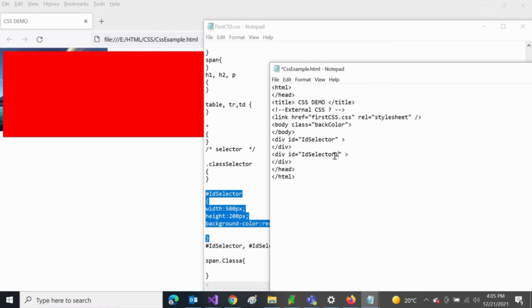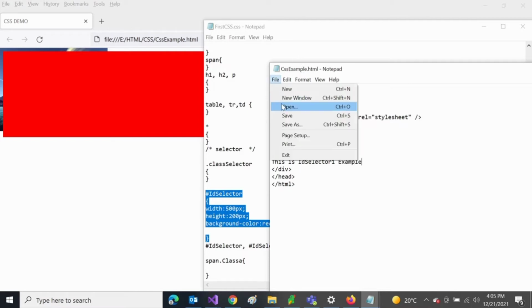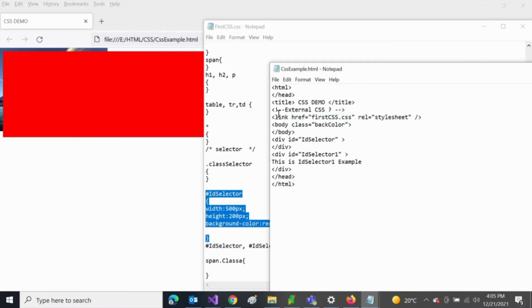Let me copy the div id selector and make it id selector 1. For doing some comparison, I'm writing something inside: this is the id selector 1 example. I have kept the first div blank.